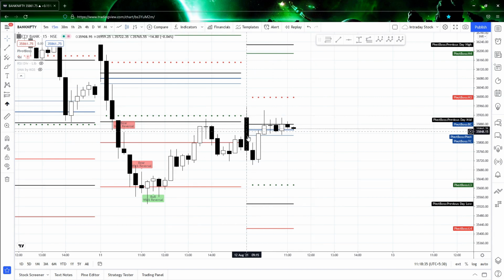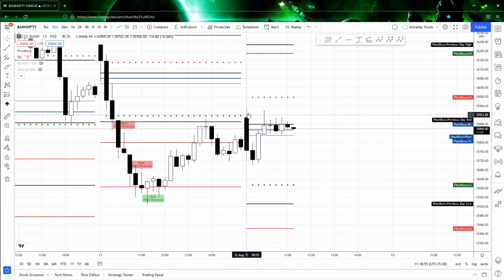If you guys want to know whether the market will trend upside or downside, it is very simple. The initial balance is these two candles, 35959 and 35702. So if this breaks, then it can go upside. If this breaks, then it can go downside. But it does not mean that it will always give a breakout or breakdown. You need to wait and watch how the break is happening. Then only you will be able to understand.